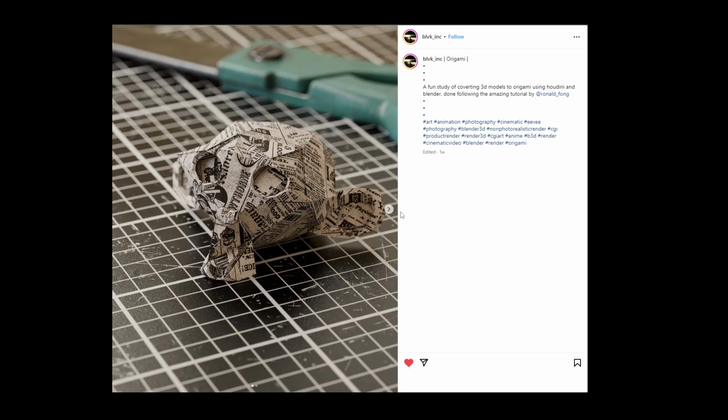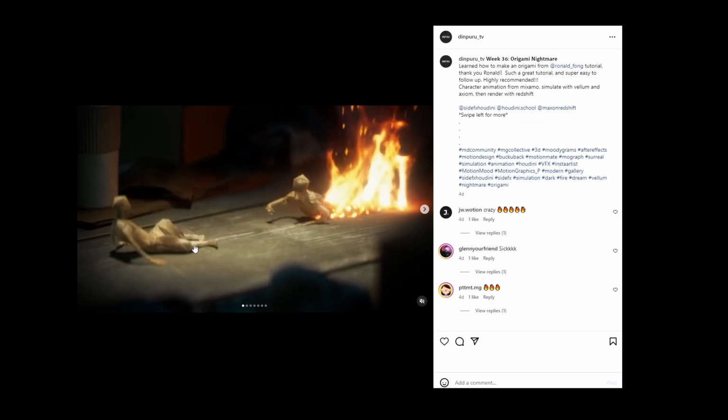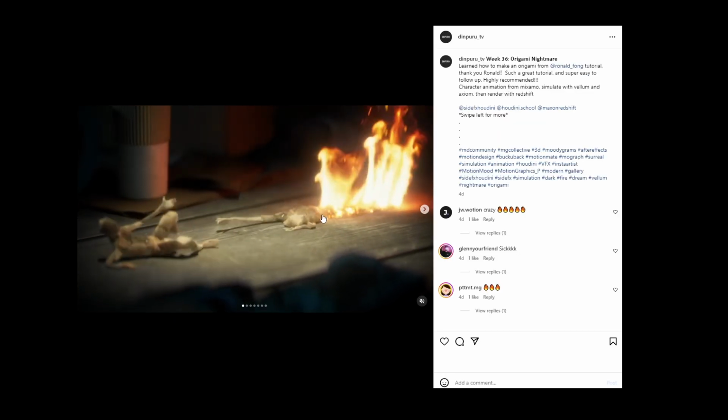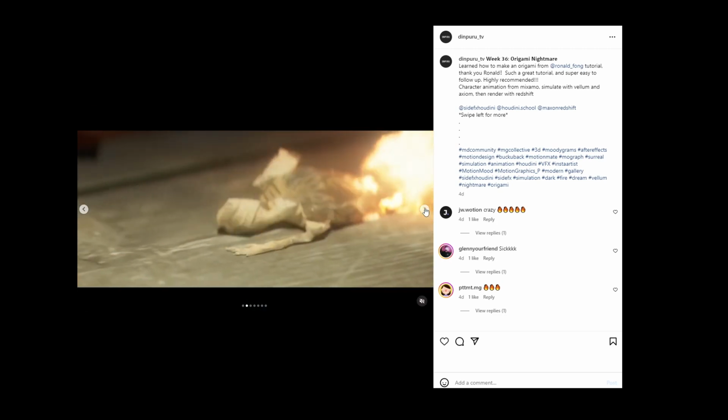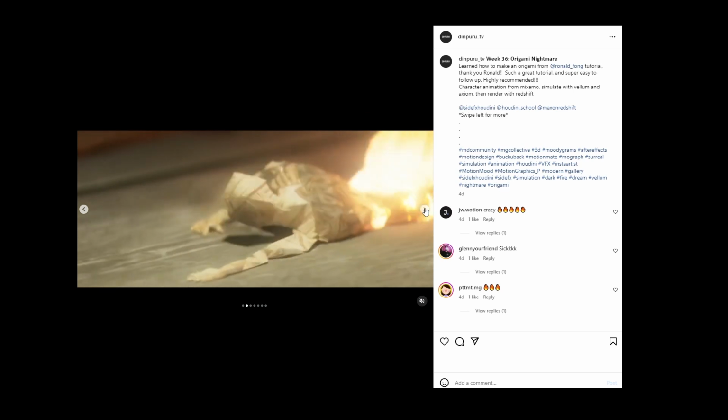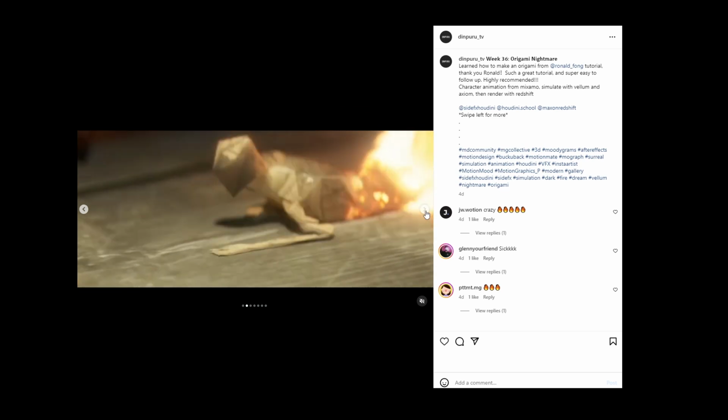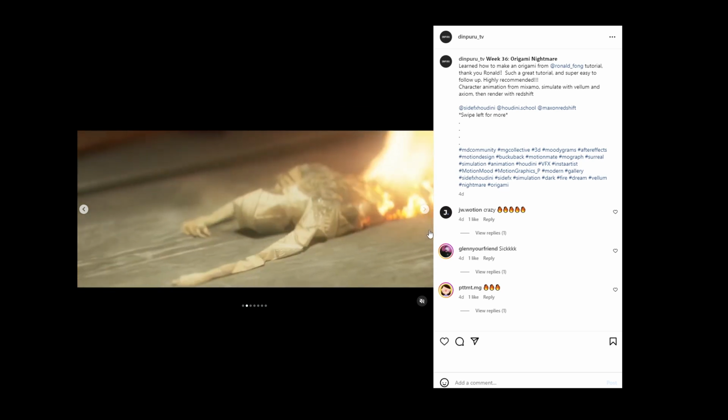This render is so good, by the way. So another paper origami model here. There's some nice storytelling that happens in here. So thanks for trying out the tutorial and also sharing the work. So cool. I really hope you guys come up with more cool work and tag me as we go along here and as we learn